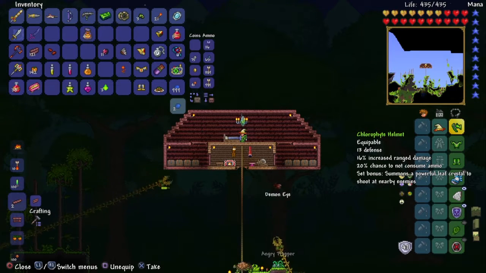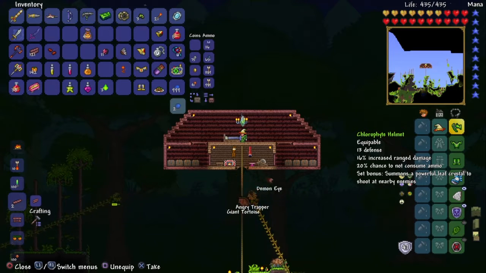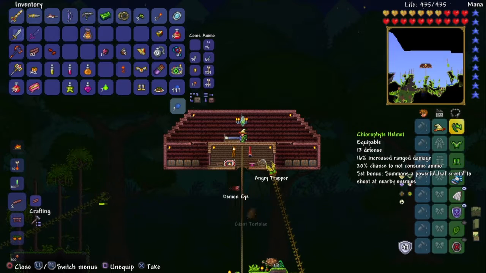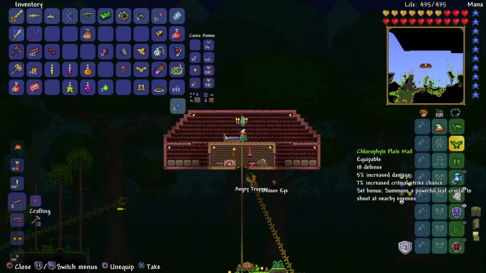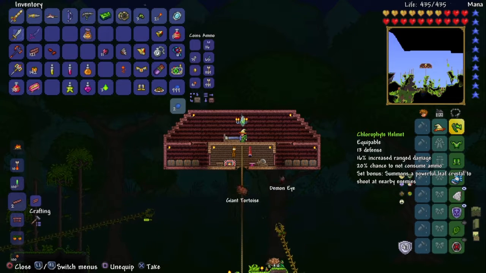this will summon a powerful leaf crystal that will shoot nearby enemies. This is actually quite useful. This will definitely be quite useful if you're trying to fend off some enemies, no matter how close they are, and they can just go through walls, which is the best part, and you can just kill enemies on sight. It's pretty helpful at times. So yeah, with this chlorophyll helmet right here,